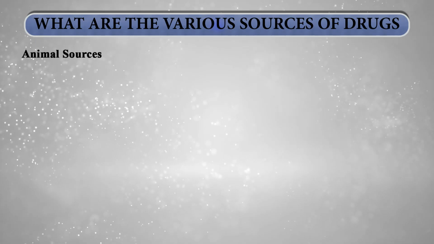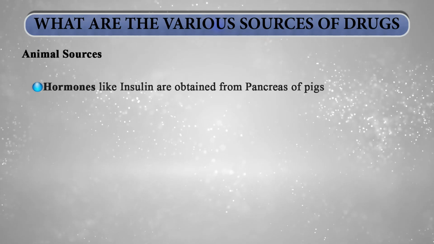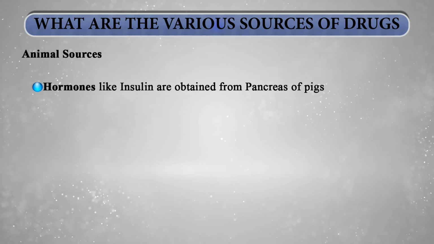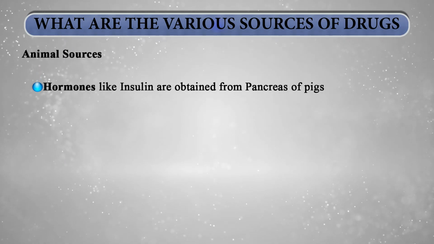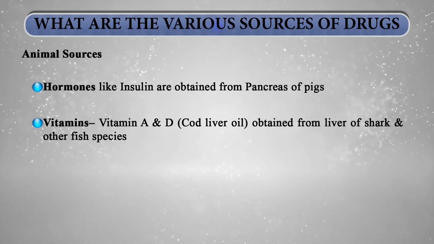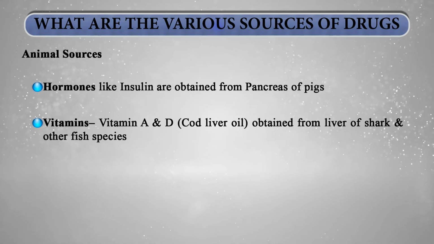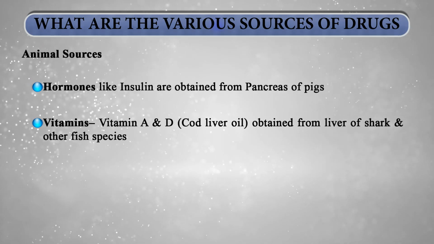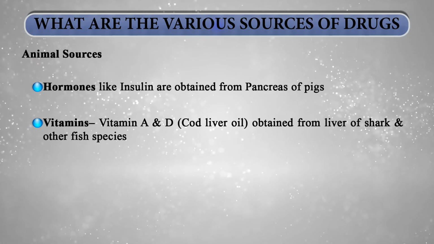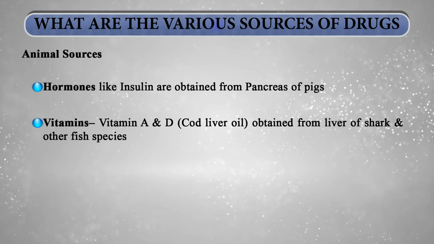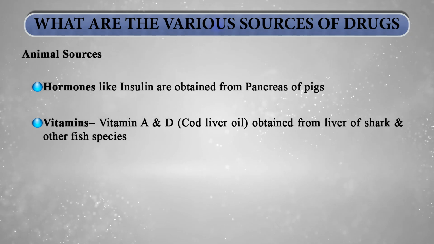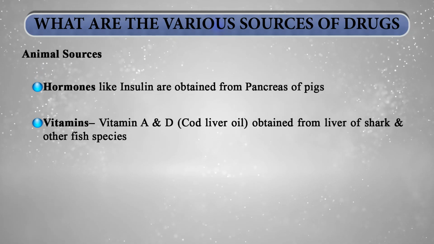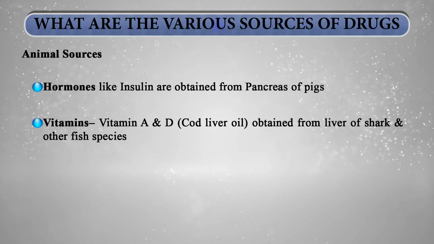Let us see what these animal source drugs are. For example, there are certain kinds of hormones which are obtained from the pancreas of pigs, like insulin. Then we have certain vitamins like vitamin A and vitamin D, which are obtained from the liver of shark and other fish species, and the common name is cod liver oil. We have all had cod liver oil capsules in our childhood. They were nothing but obtained from the